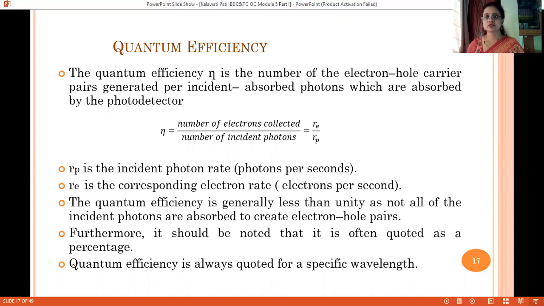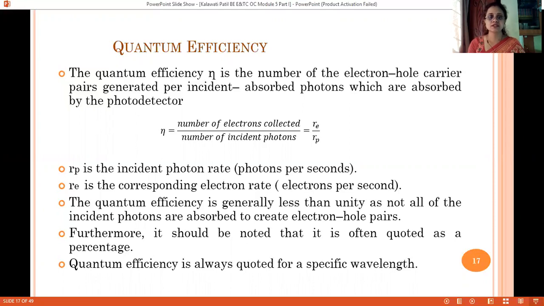So just a brief revision of these two definitions, starting with quantum efficiency. Quantum efficiency basically defines how efficiently a photodetector converts the photons that fall onto it into photocarriers. We have defined it as eta. Remember the symbol eta, which is the ratio of the number of electrons collected to the number of falling photons. Efficiency has no unit; it is unitless, and it is expressed as a percentage at the specific operating wavelength.